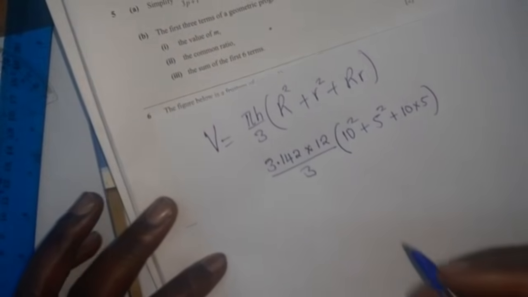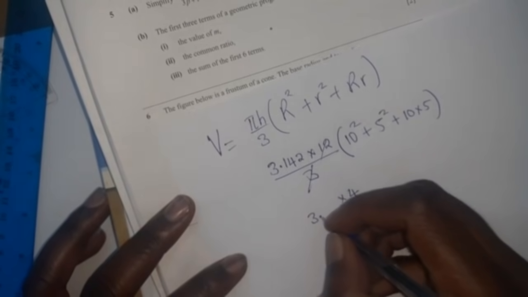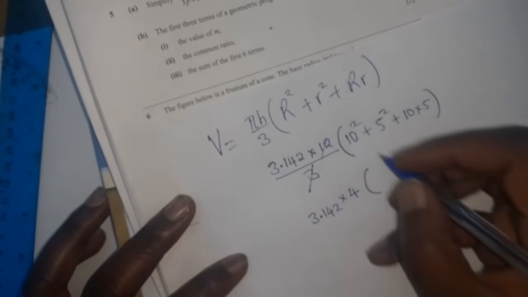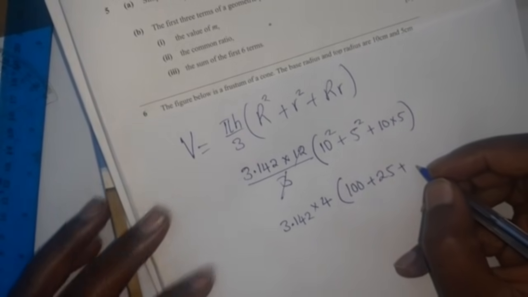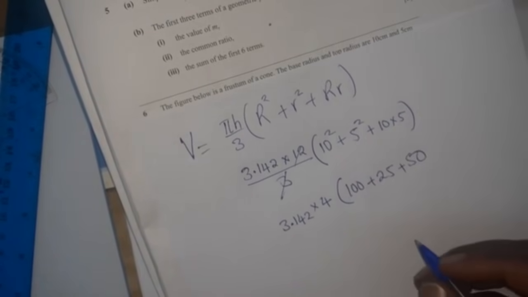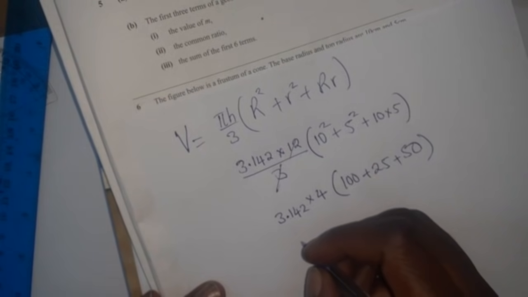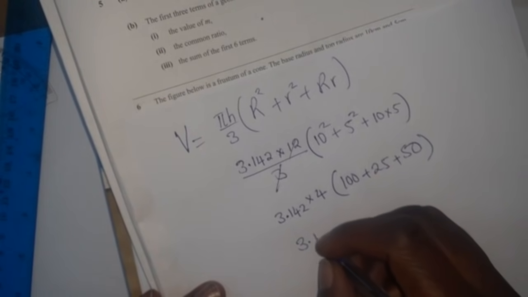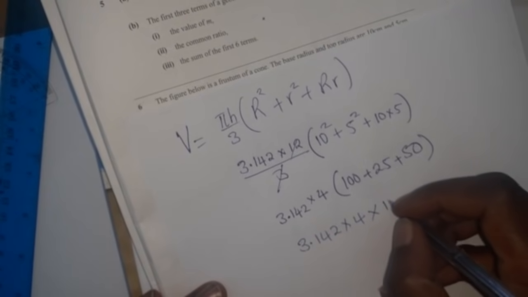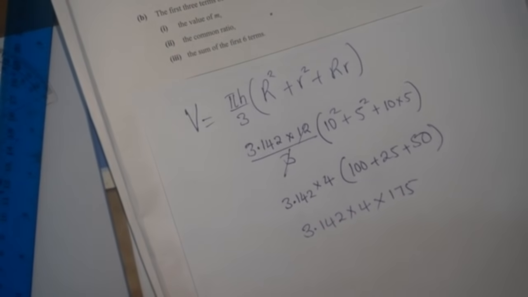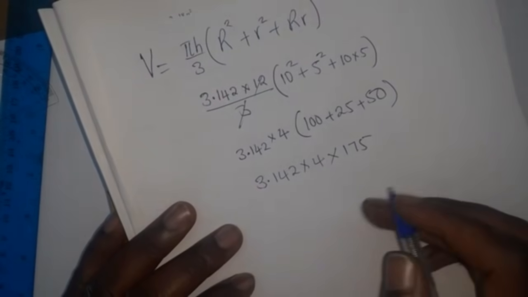Okay, so here we can go on and say 3 into 12, it is 4. So 4 multiplied by 3.142. Then here, what are you getting? This is going to give us 100 plus 25 plus 50. So these will give us 175. So you have 3.142 multiplied by 4 multiplied by 175. Let's multiply this and see what we're going to get. When you multiply this, you'll discover that we're going to get